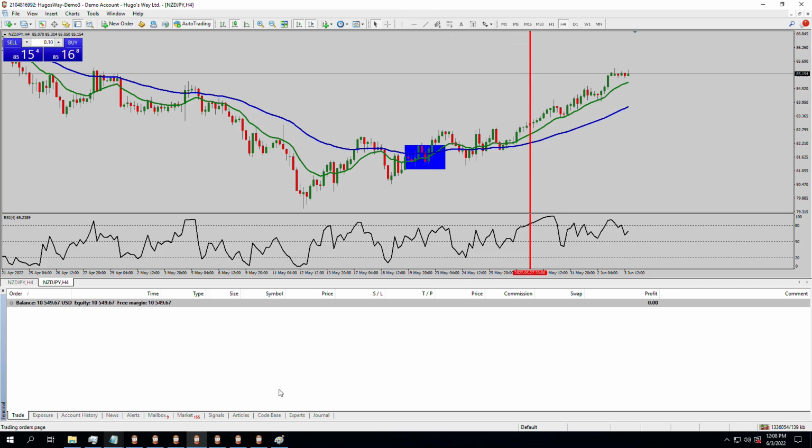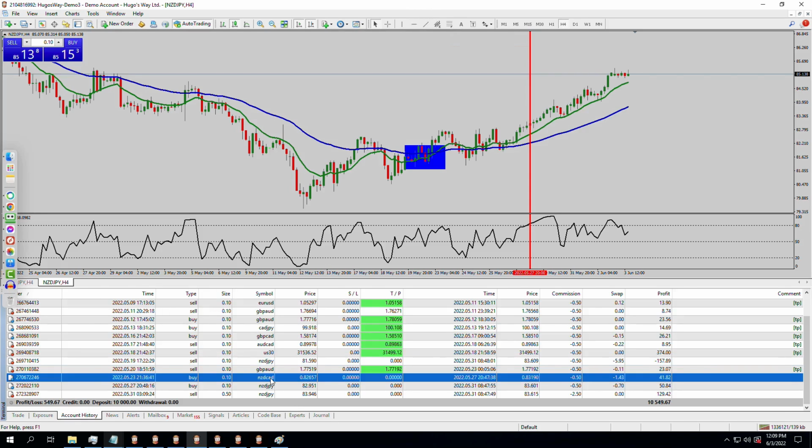So let's go back and talk about the trade that was taken in the last episode and also the episode before that, because we were running two trades. Our very last trade was NZD CAD. And before that, we were holding on to a trade that was in drawdown, which was NZD JPY. So let's look at the account history right now, and I'll show you the NZD CAD trade right here,